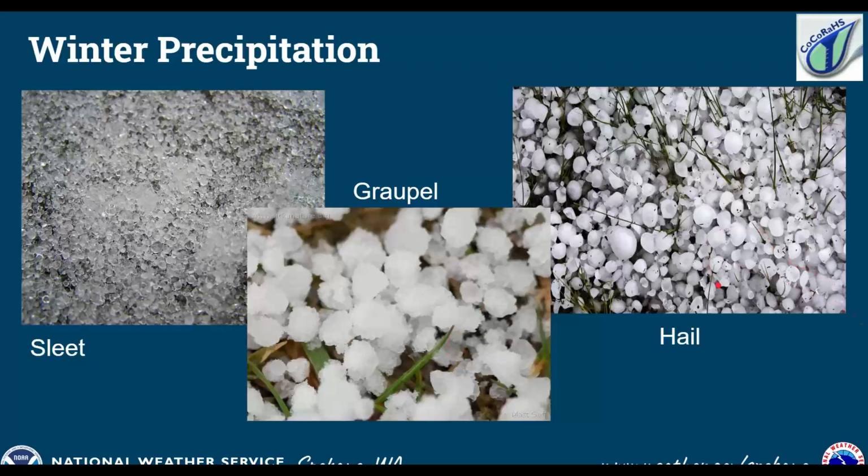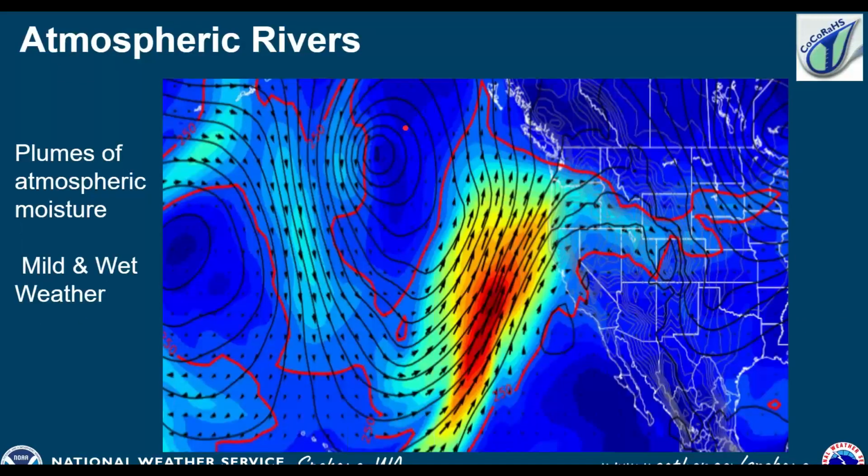Compared to hail, so this is pea-sized hail over to the right, and this falls from more thunderstorms. So bigger storms that happen in the spring and into the summertime, and they are solid pieces of ice that fall down and reach the ground. So I know different types of precipitation look different but have different processes.